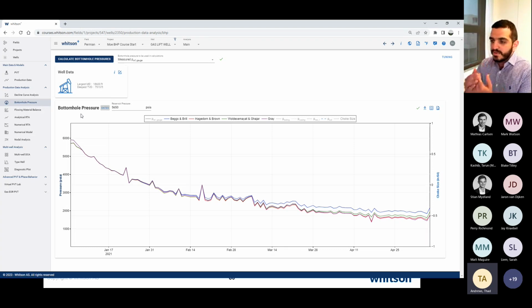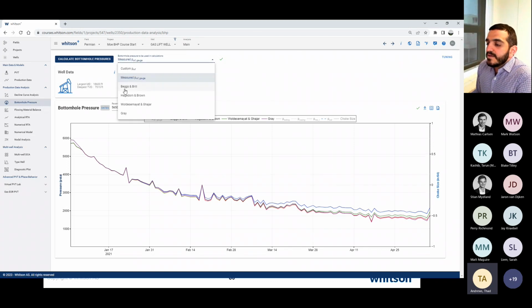So we want to tell you, here's how it would look if you did it with Beggs and Brill. Here's how it would look if you did it with Gray. And then we want to empower you as the engineer to make the decision based on this plot that you see in front of you, to pick one of those to be used in further engineering calculations. And that means for your flowing material balance, for your analytical RTA, for your numerical model, for your nodal analysis, for every single engineering calculation that you do, now you have to make a decision